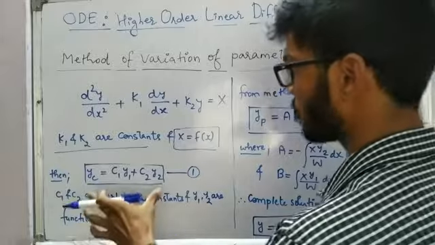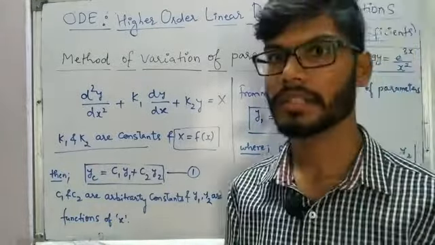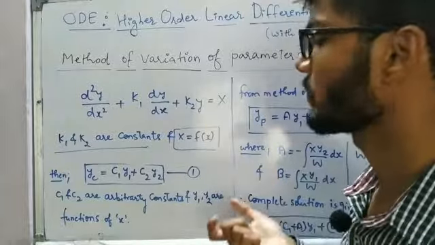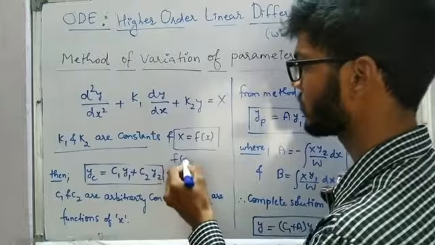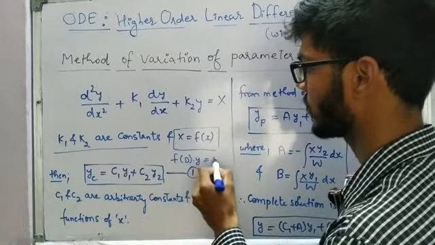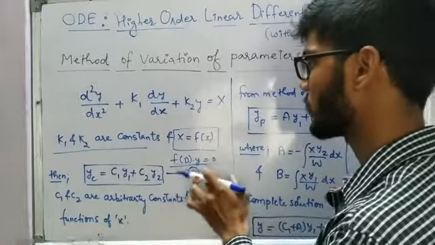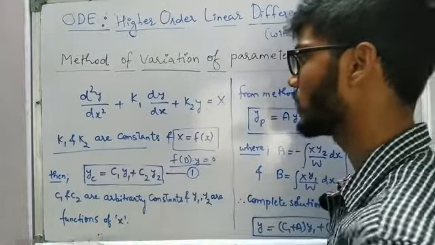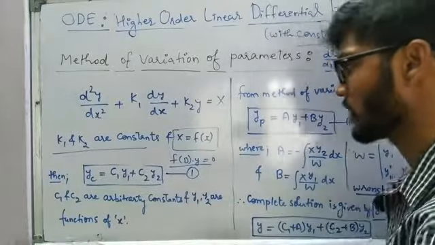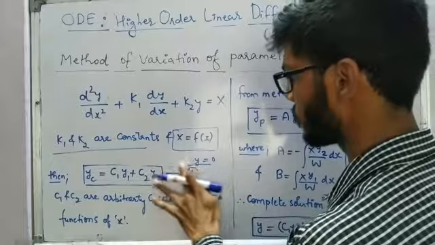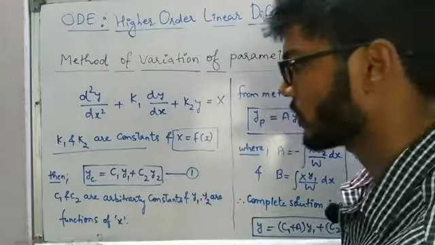So then first we'll have to make use of complementary function. While writing the general solution for higher order linear differential equation of homogeneous type, we have to consider the differential equation first, something like f of D into y is equal to 0. So first we don't have to worry about this capital X. First we have to consider it as 0. So we are going to write the complementary function for homogeneous linear differential equation. So the general solution of homogeneous linear differential equation, we are going to call it complementary function.